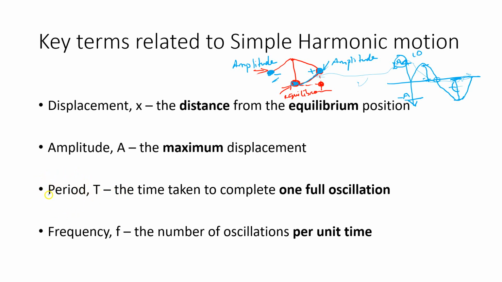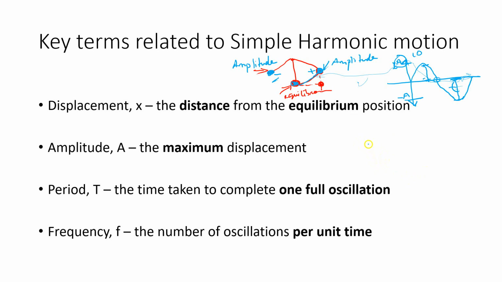A terminology that is going to come into play is what we call period. You have heard about period already in circular motion. In circular motion, it's the same definition, right? The period, capital T, is the time taken to complete one full oscillation. Now, you might be wondering, what is one full oscillation, right? A complete oscillation